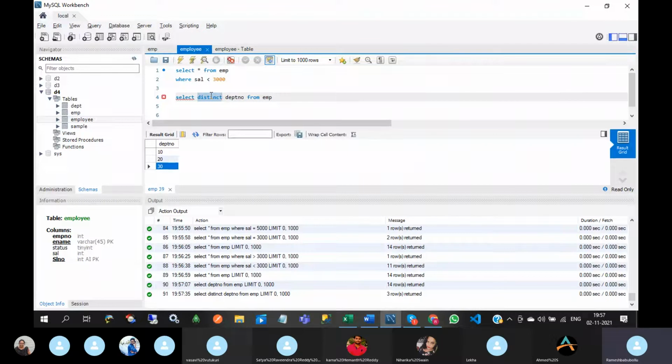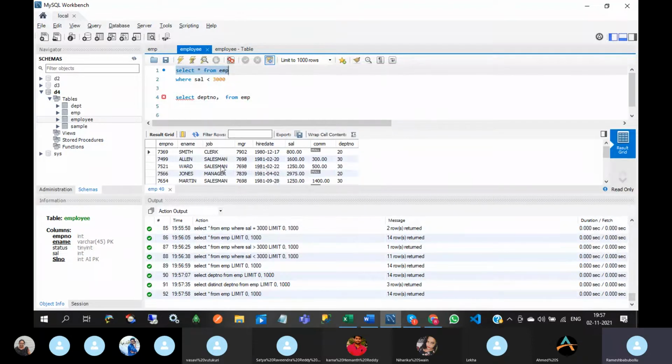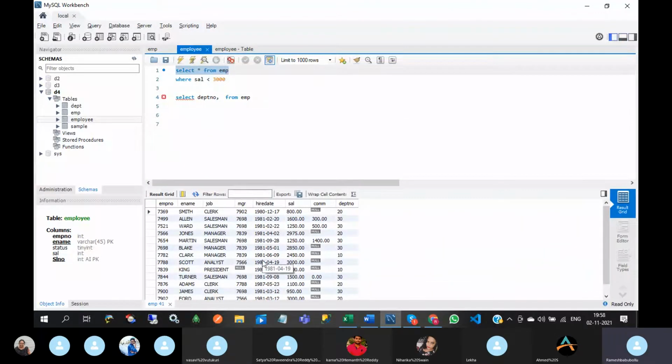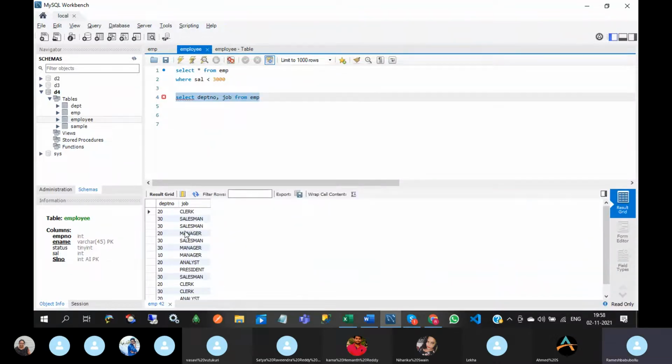It will eliminate duplicates. For example, department number and job. Okay, so now I am going to use distinct.